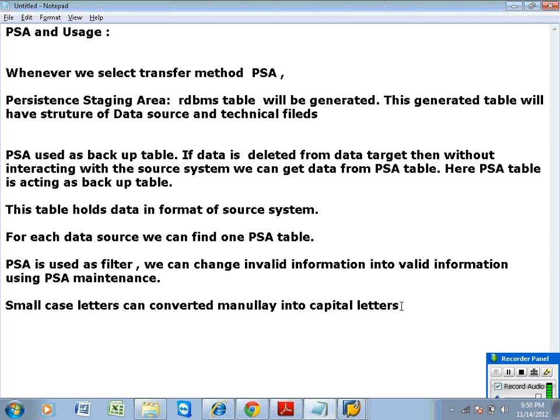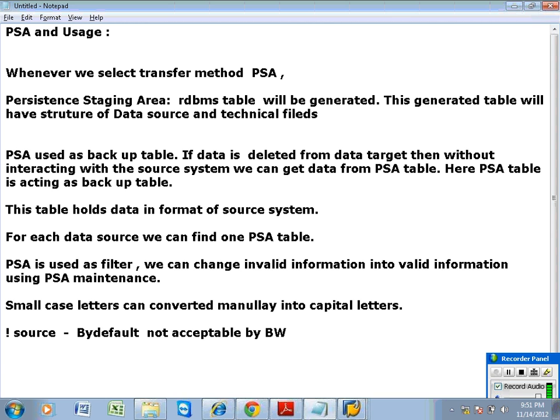So, invalid information is not only this one. See, if you have an exclamation mark coming from the source, by default this information is not acceptable by BW. Like this, some special characters, like a U with two dots on top of it, are by default not acceptable by BW.